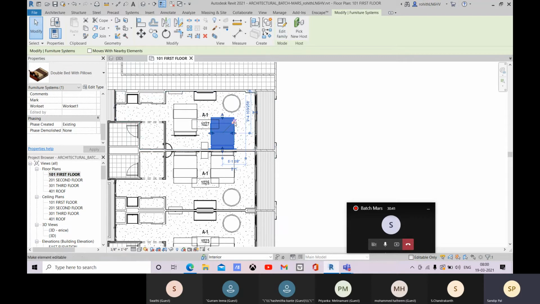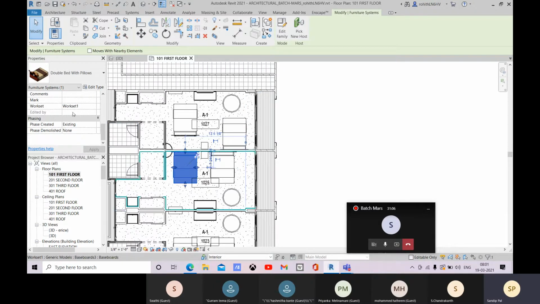So this one is for this element. Even if you don't do that and you just simply move it, this will be editable. And now you can see that the icon is not there. Here you can see that it is edited by this user.